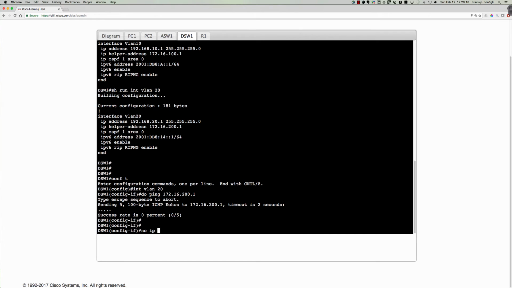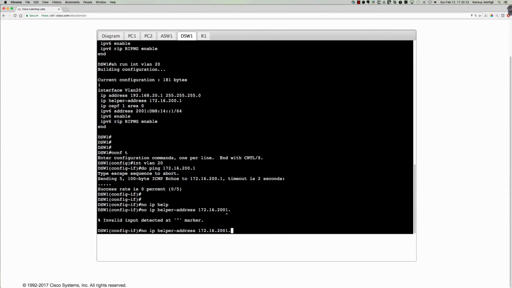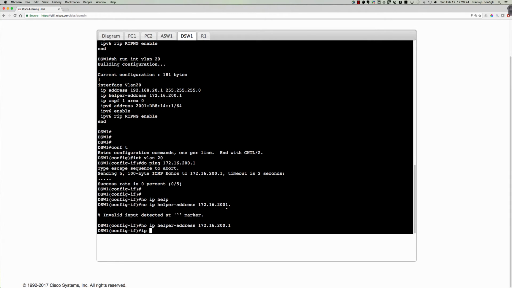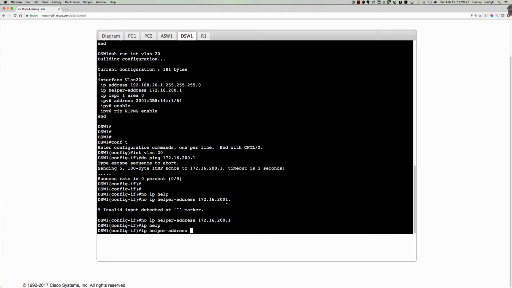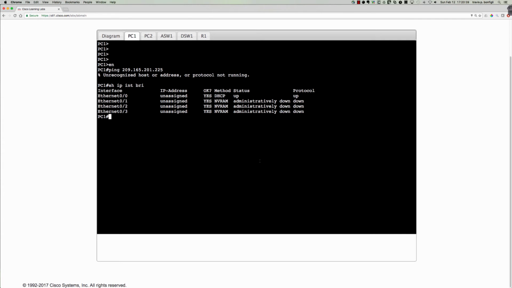So we're going to say no IP helper address 172.16.200.1, whoops, 200.1, and we're going to come back with IP helper address 172.16.100.1. And so what's interesting here is it fixes an issue with VLAN 20, but it doesn't address anything with VLAN 10. So if I come back over here to the PC,